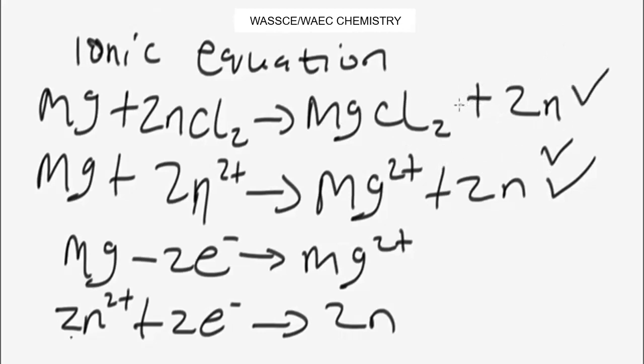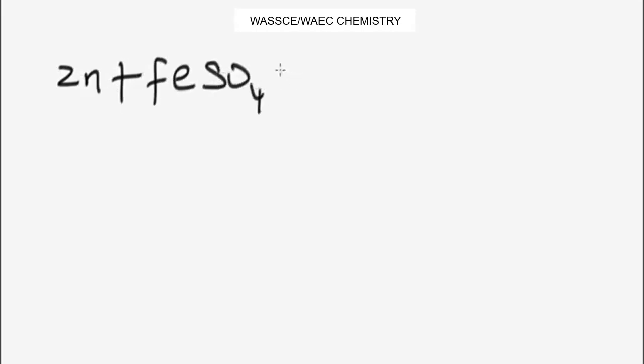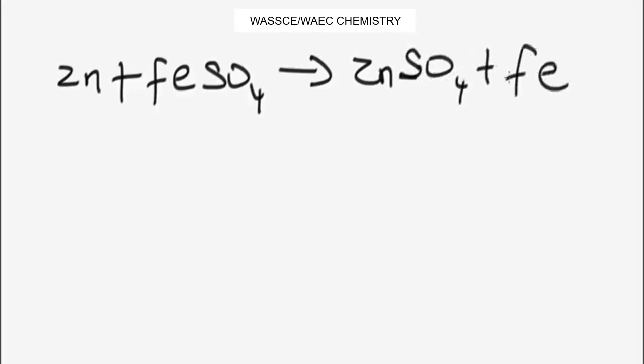Okay, now before I call it a class, let me give you a practice chemistry question. Let's write this. Okay guys, so this is a chemistry practice question. Given this reaction, zinc reacts with iron sulfate to form zinc sulfate plus iron. In this question, we are asked to write an ionic equation for the reaction and